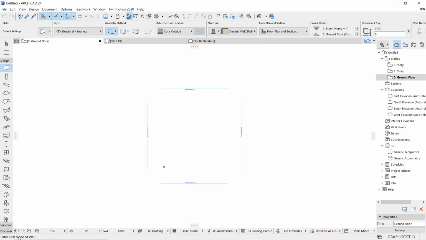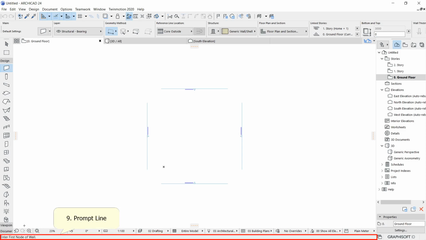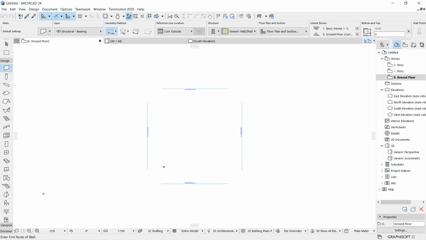Apart from that, there's the prompt line. Below the status bar, there's a prompt line. This prompt line is going to give you a clue what exactly you should do now, what exactly ArchiCAD is expecting from you. So keep on reading this lower left corner of your screen, that is your prompt line. So there will always be a comfort between you and the software for the communication. Okay, so this is how the desktop is altogether explained.